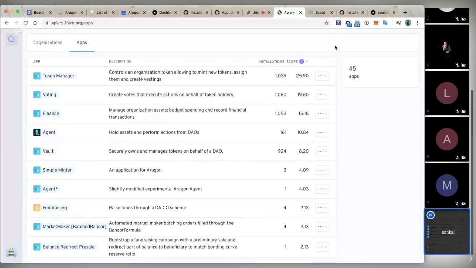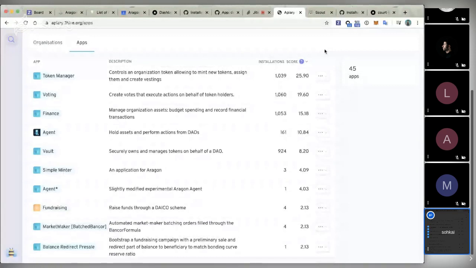They've recently updated the front end and what events they're indexing to build a sort of score for apps. The idea is that the score will be used to help incentivize app developers and give back to these app developers some funding if they're doing well in terms of user activity and installations. Now, the score itself is going to be most likely tweaked as we go over time and see what applications are being used and whether or not people are gaming the current score. But right now, I think it's fairly basic.